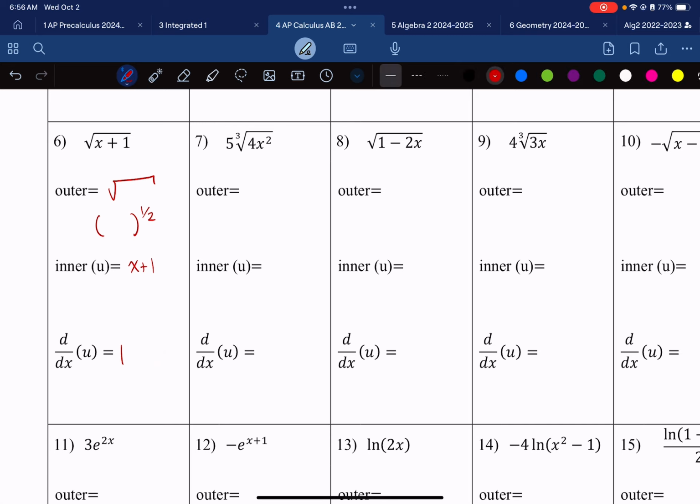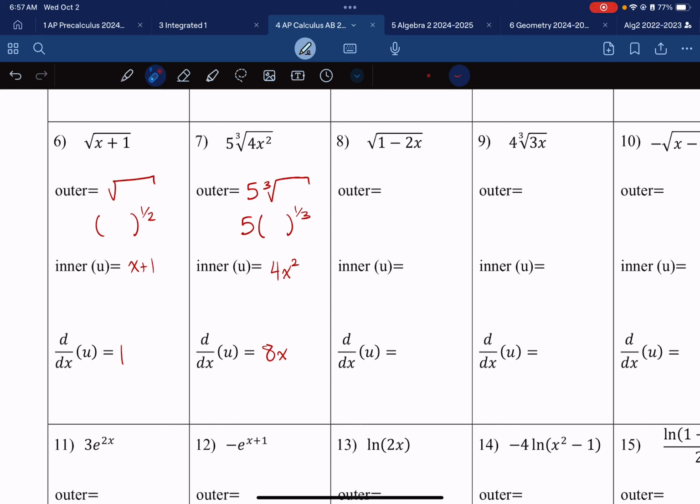In number 7, the outer, I mean, technically, you're right by saying it's 5 times the cube root of whatever's on the inside. But there's another way of writing that you should get used to, which is 5 times that quantity of the inside to the power of 1/3. Again, knowing power of 1/2 is a square root, power of 1/3 is a cube root. Those are important to do. And the inner is going to be a 4x squared. To find the derivative of that inner, that dinner, 2 times 4 is going to be 8. And then x to the power of, well, 2 goes down to 1, so we don't write the 1,